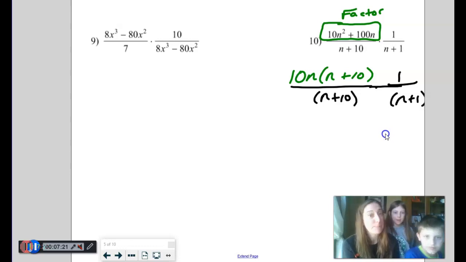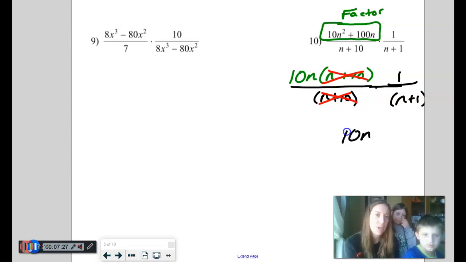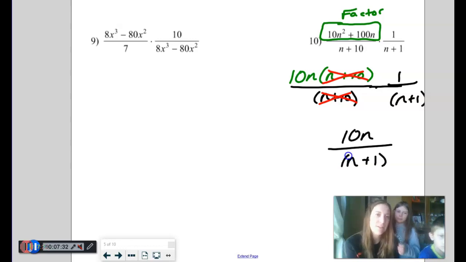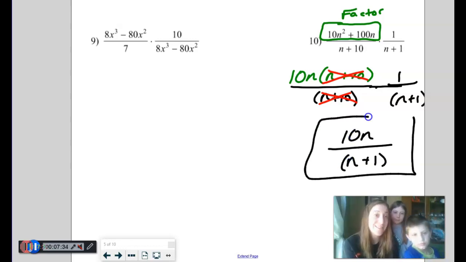N plus 10, n plus 10. Gone. So all we have left is 10n up in the numerator, and then we still have an n plus 1 in the denominator. I love when you guys leave these in parentheses so you don't accidentally cancel some things. For instance, a lot of kids think you cancel those n's, and you don't, because it's n plus 1